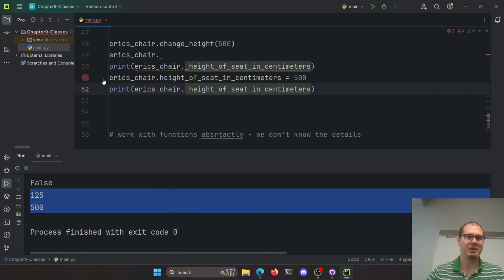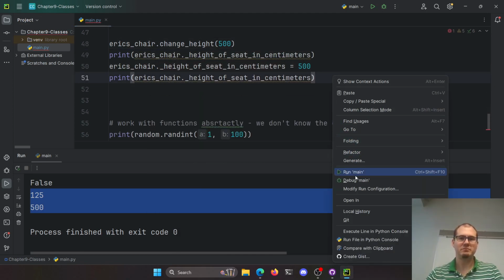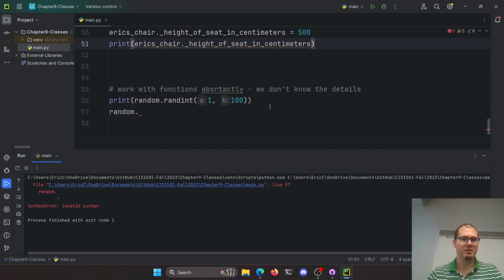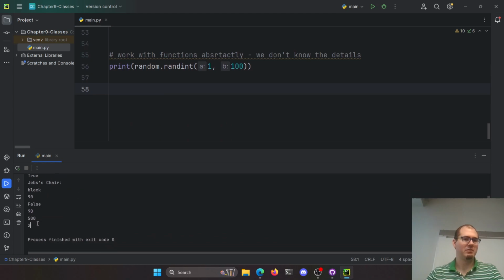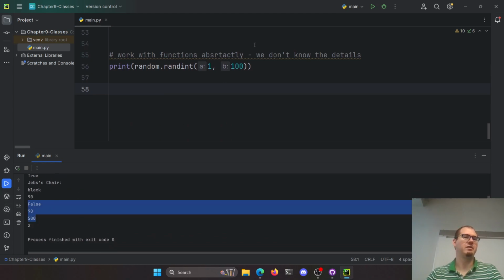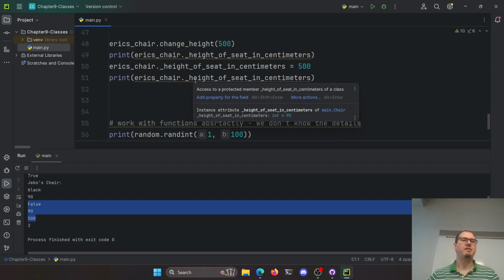We can go print out the height, these sorts of things here. Let's give it a run again. Oops, random dot, sorry. Run. Right, we can still go do these things. But because we've marked it as private here, it's even warning us saying access to protected member, height of seat in centimeters of a class. It's telling us you've done a bad thing here. You shouldn't do this. Now, Python doesn't stop you from doing it, but essentially it's one of those like, hey,